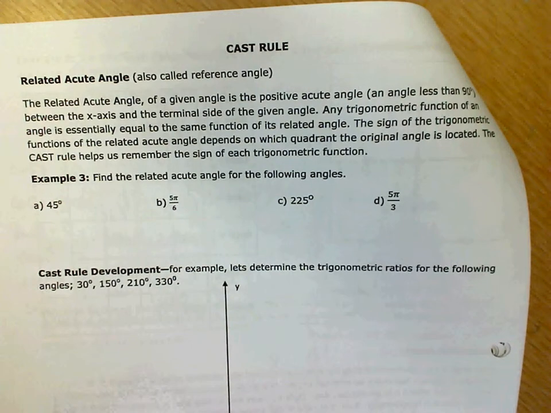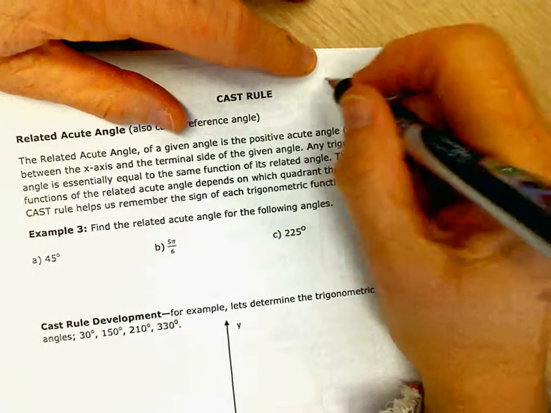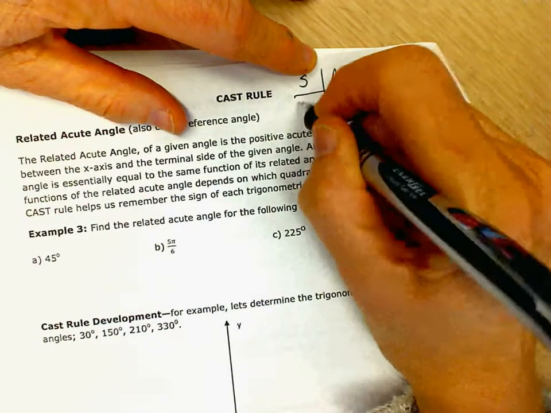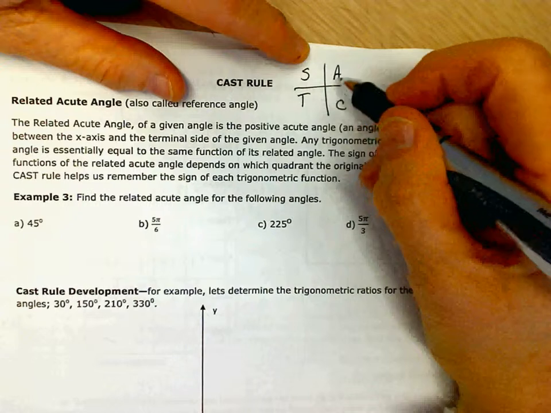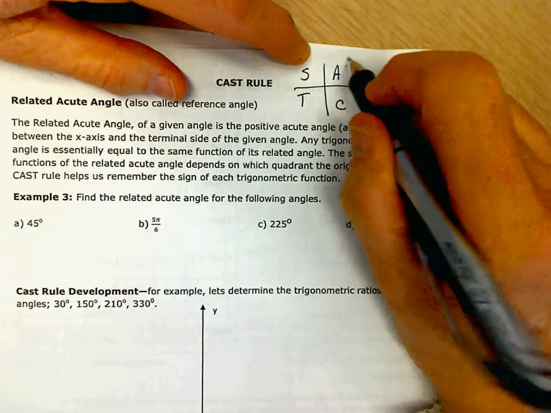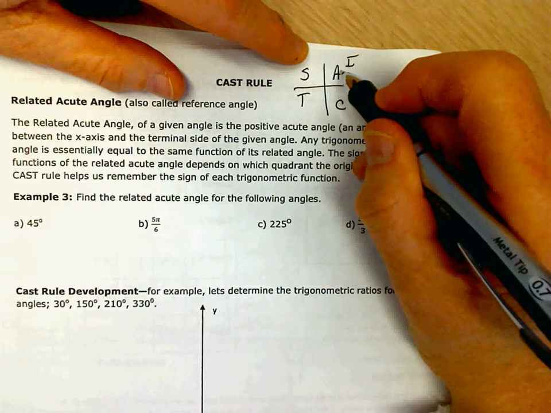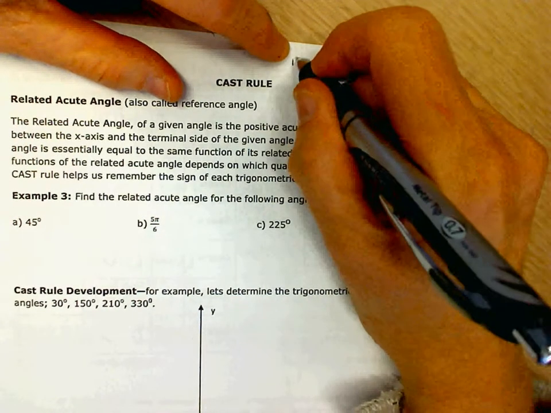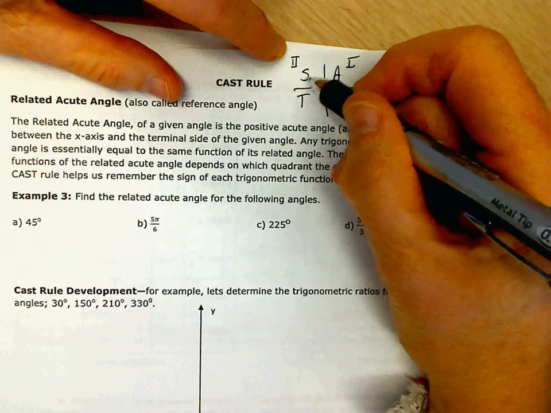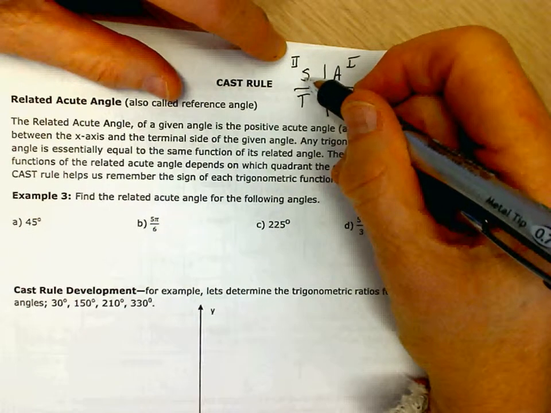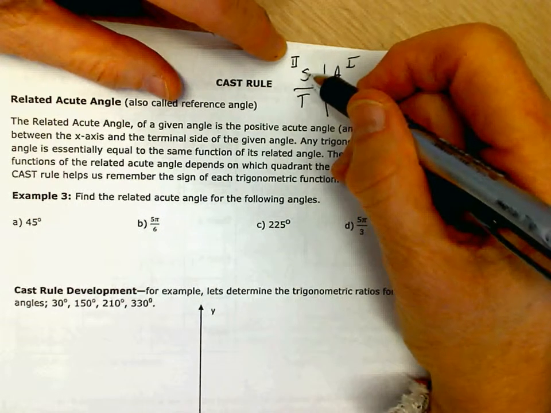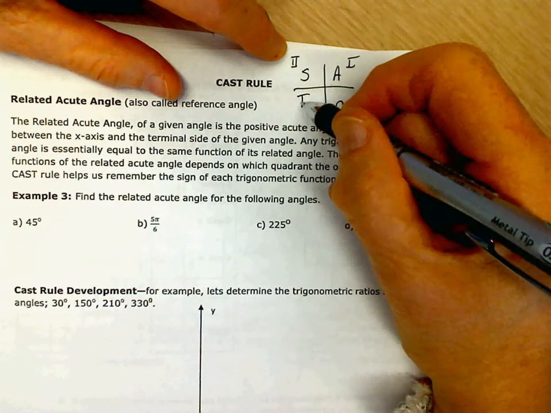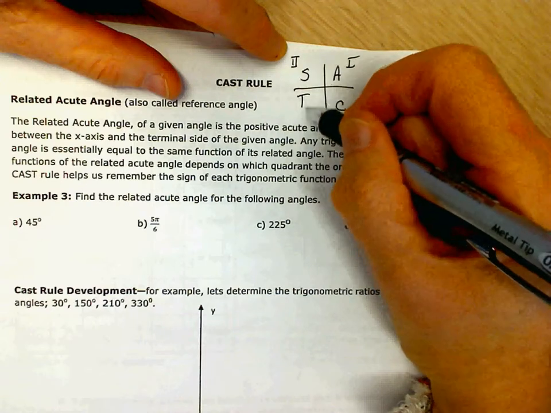All right, the cast rule. We touched upon the cast rule yesterday, C-A-S-T. When an angle ends up in this first quadrant, all the trig ratios are positive. When an angle ends up in quadrant number 2, the only ones that are positive are sine and its reciprocal, cosecant. If an angle ends up in the third quadrant, only tan and cotan are positive, the rest are